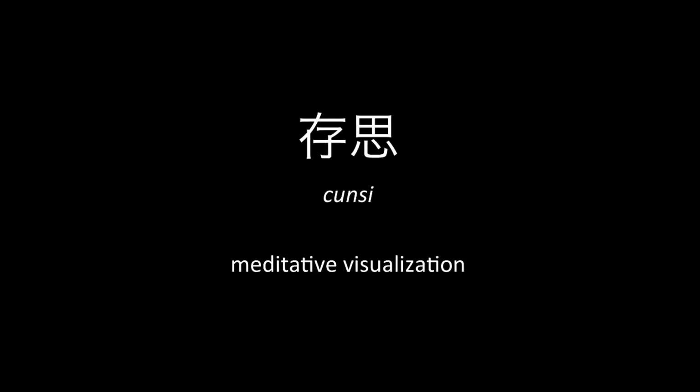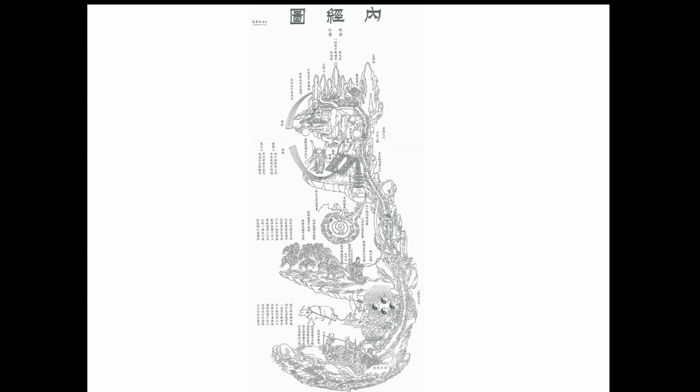But to talk first about the Daoist meditation chart and this traditional meditation, sometimes termed meditative visualization. That's the basis of this chart known as the Neijing tu. This chart itself is a 19th century version, but the practice goes back well over 1,000 years earlier. The idea is that the inside of the body is full of organs. So if one of the crucial aspects of the Western body was the skeleton, the crucial aspect of the Chinese body was the presence of organs.